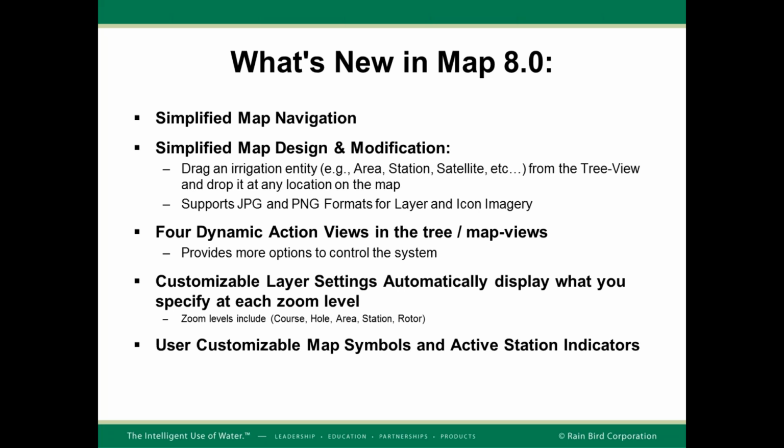We have customizable map symbols and active station indicators, or you would think of them as icons. So the hole markers, the area markers, the station markers, the active irrigation indicator, those can all be customized by you or by the user. I'll be creating another video that shows how to do those custom icons at another time. We won't cover that today. However, today we will cover how to take a customized icon that you already have created and implement it into the version 8